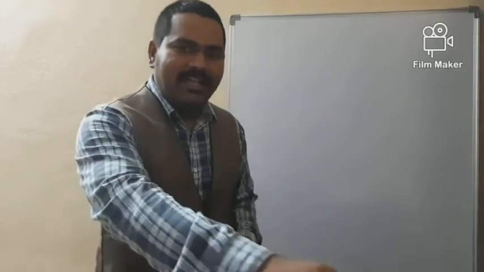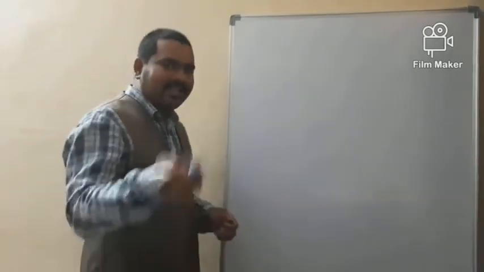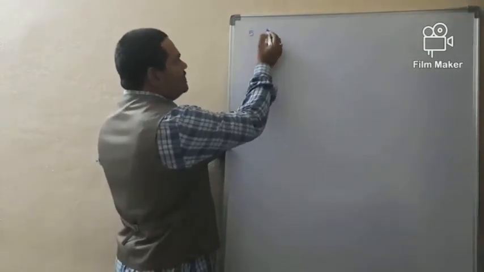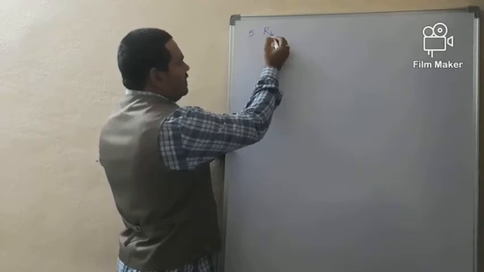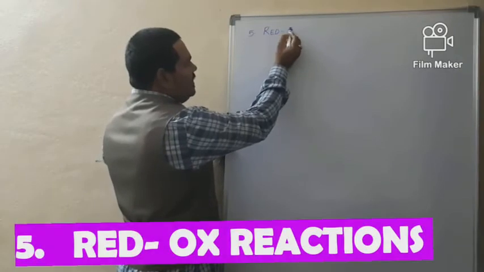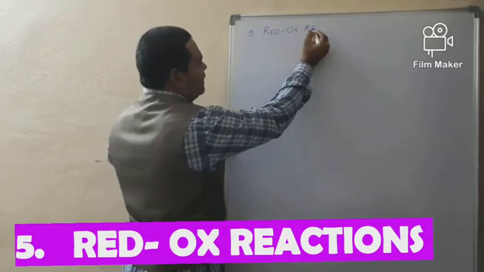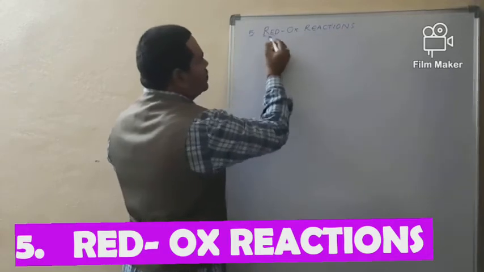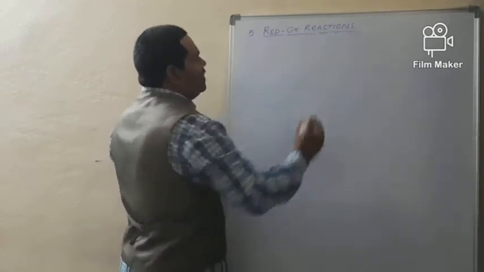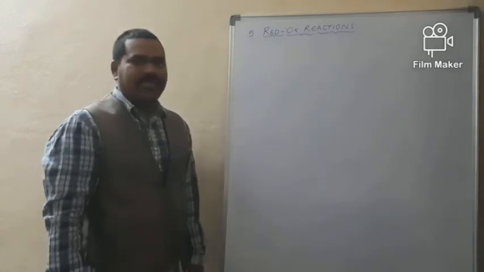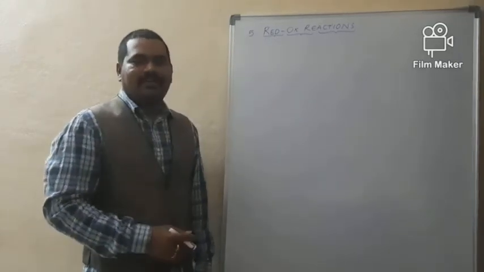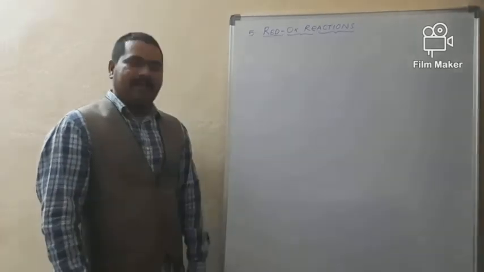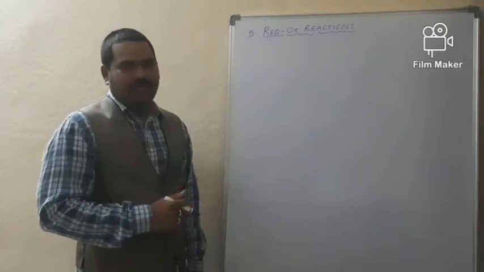So, without delay, let me start the session by taking the heading. What is the fifth type of reaction, my dear students? Oxidation and reduction, collectively called redox reactions. Yes, this is the topic meant for today. So please all of you concentrate here, because this is a very important topic from the examination point of view. Guarantee, you can expect a 3 marks question from this area, and it is many times repeated in the board.